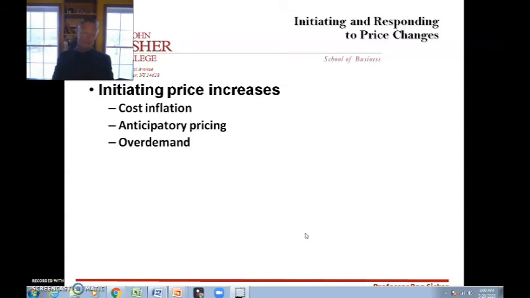So we've talked a lot about decreasing price. It's a wonderful thing for a marketing manager if they can increase their price, because obviously you're going to make more money, provided that your raw materials don't go up. Generally speaking, initiating price increases is because of cost inflation for raw materials. Take a look at things that are driven by oil. My brother is a bigwig in the plastics industry. Plastic is a byproduct of oil, and when oil prices go up, he raises his prices on plastic. However, he always raises his price by a higher percentage than oil goes up. So if oil goes up 10%, he raises his price 14%